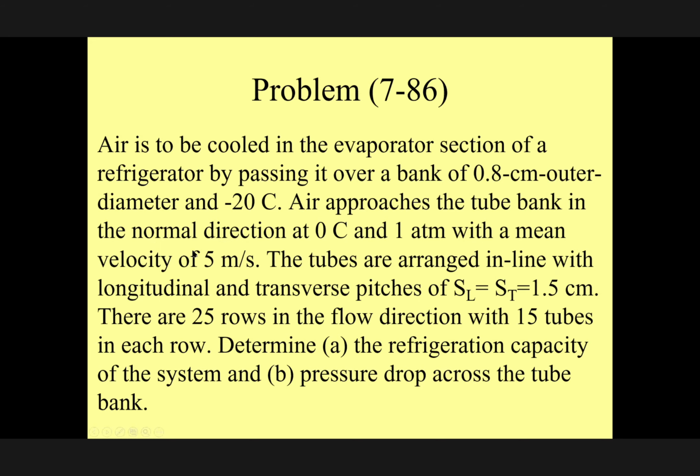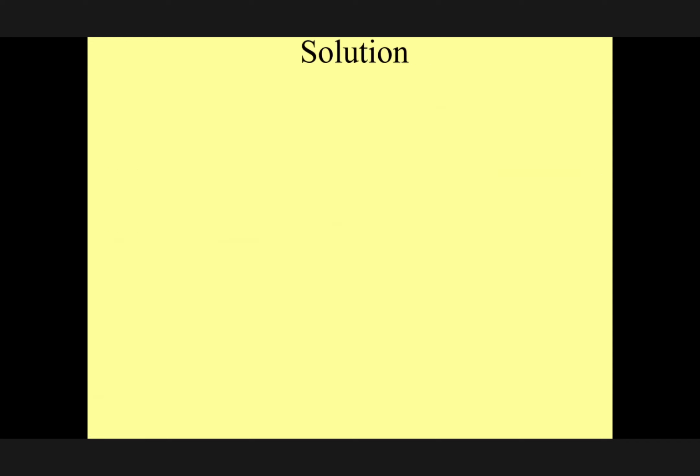Therefore, from here, we can calculate the maximum velocity. And from maximum velocity, we can calculate the Reynolds number. And from the Reynolds number, we can find out which correlation we should use, based on the table as given in the textbook, okay? Since we know the spacing and also we know it's in line, okay? And the procedure we follow here is as this,